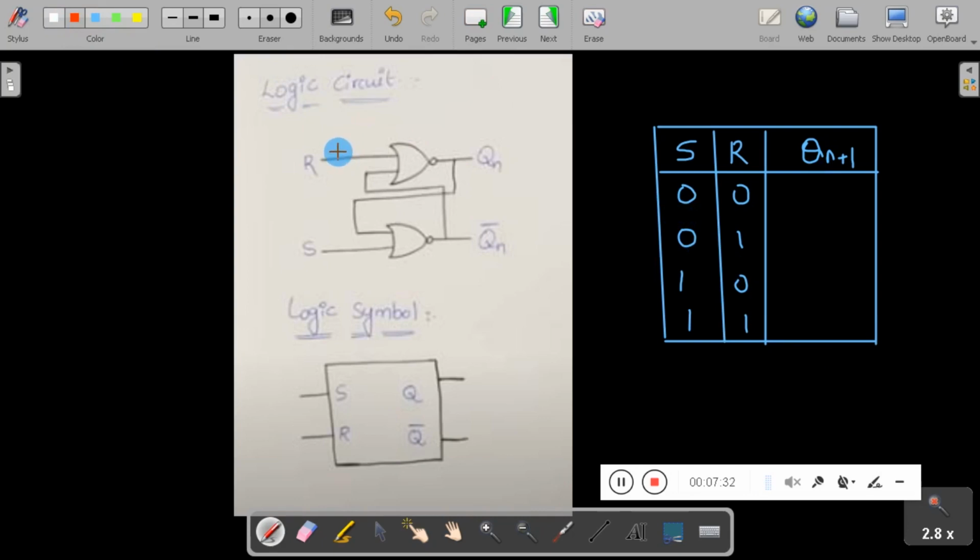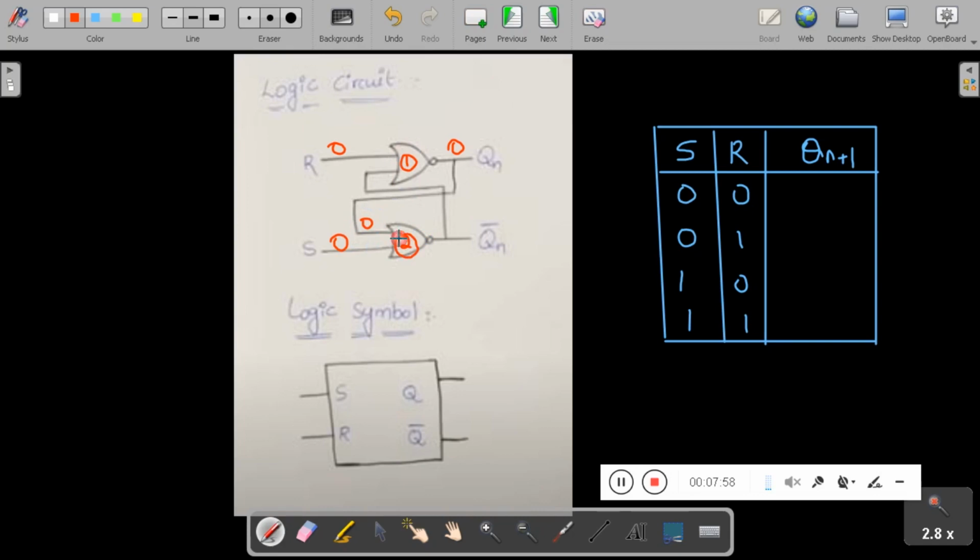So when R is equal to 0 and S is equal to 0, let's imagine the last previous output of this circuit is 0. When this is 0, this becomes 0. So both are 0 to this. This is the first NOR gate and this is the second NOR gate.